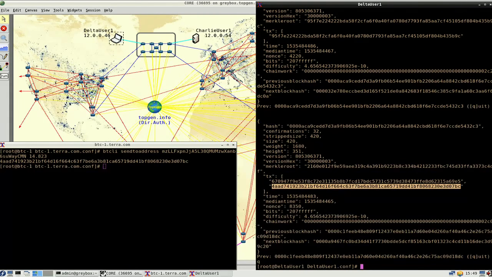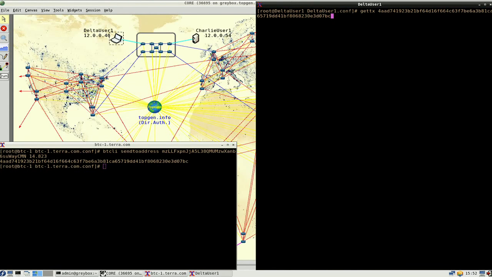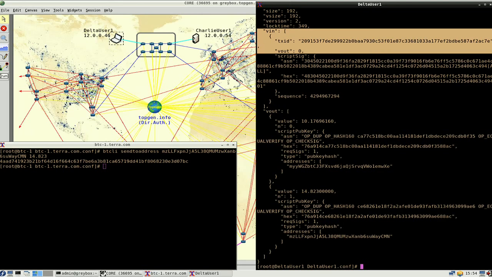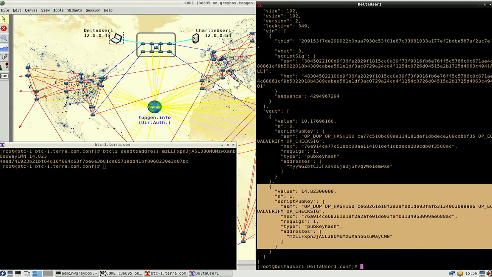So we can now inspect that transaction with our gettx command that we generated earlier. And here we can see this transaction actually has another one whose outputs it spends. So it refers to the input transaction. It says, hey, I'm taking my money from there and I am spending it here. Now, there's another output here, so the sum of the two outputs would add up to about 25-ish Bitcoin, and